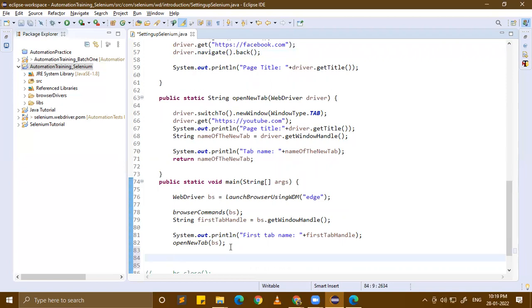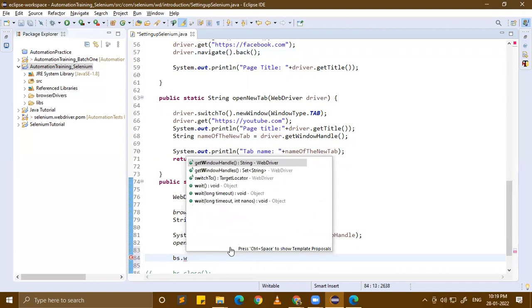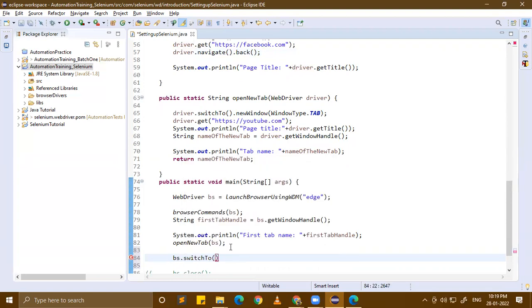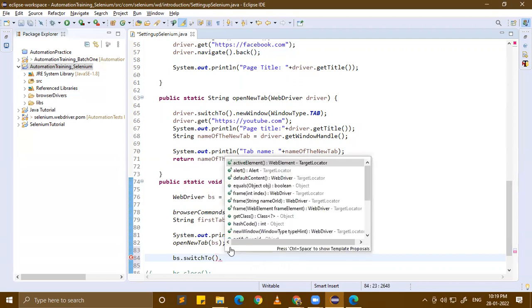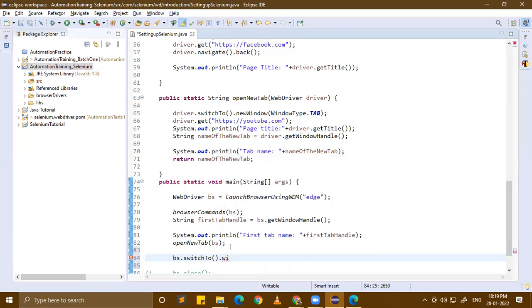Open new tab, then bs.switchTo().window, and here we'll provide the first tab handle, and then we'll perform some operation like